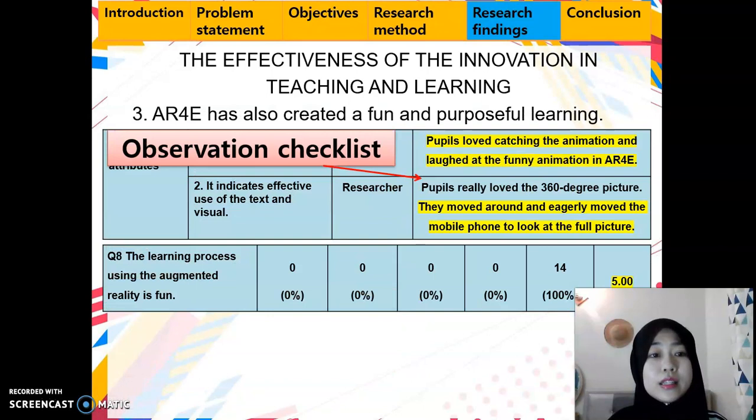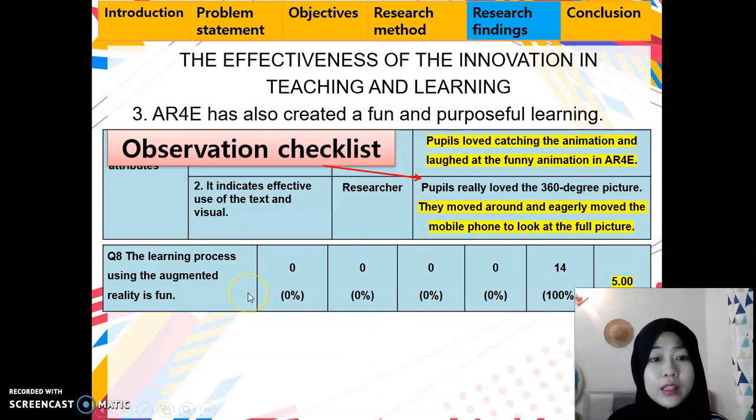The third one is AR4E has also created a fun and purposeful learning. As you can see here in the observation checklist, this is the evidence that pupils can learn in a fun way, yet purposeful. The first one is pupils love catching the animation and laugh at the funny animation in AR4E, and the researcher says they move around and easily move the mobile phone to look at the full picture.